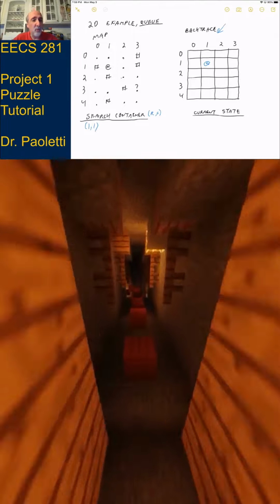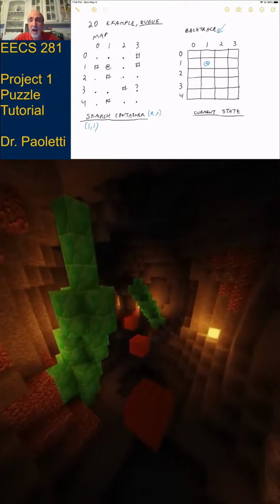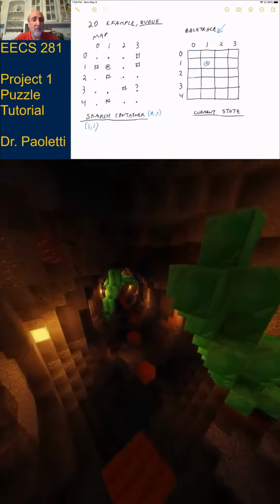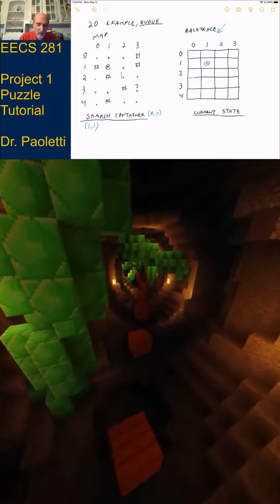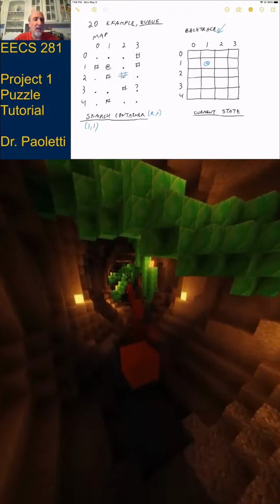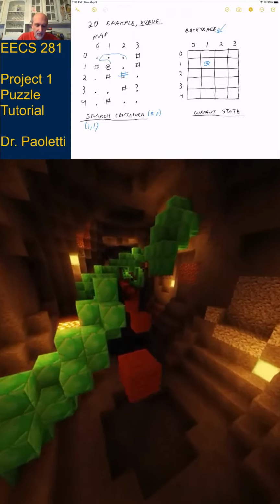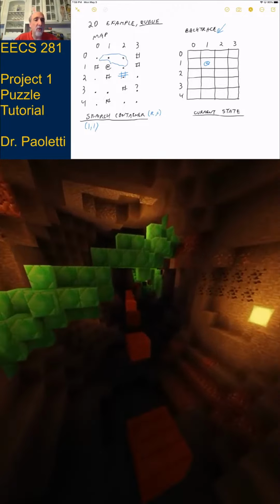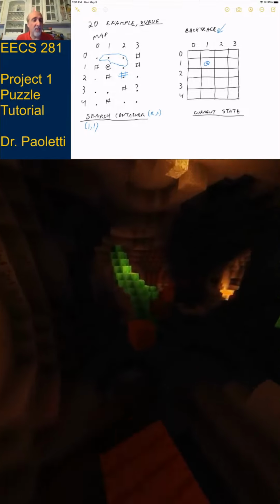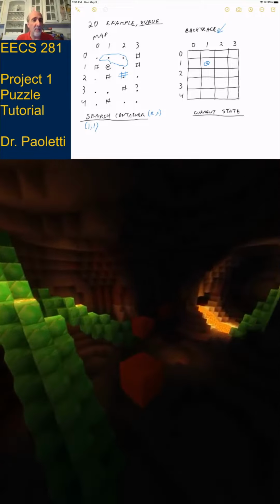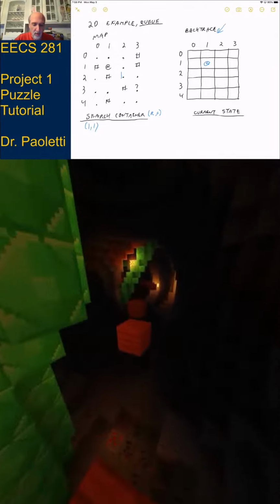If the search container were to ever be empty, and I haven't found the goal yet, I've run out of places to look. So if I were to do something like, oh, let's change this in the map, let's change that to a number sign. Well, I will end up exploring the start and these things around it, and I'll never be able to get to the goal, and my search container will become empty, and I'll say, oh, well, look at that, there's no solution. Search container became empty. So we're not going to do that example here. We're going to do one with a real solution.